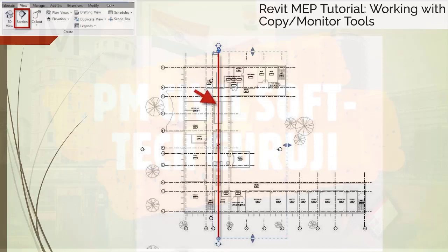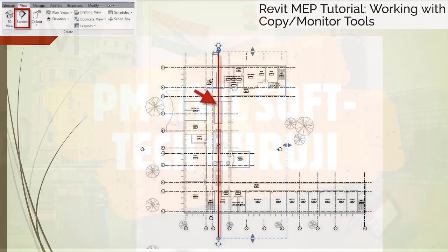In the last session, we learned about creating the spaces for rooms. We will continue working with spaces afterwards to add spaces for the planner. In this session, we will cover the copy and monitor tool.